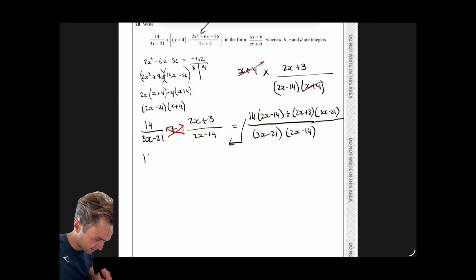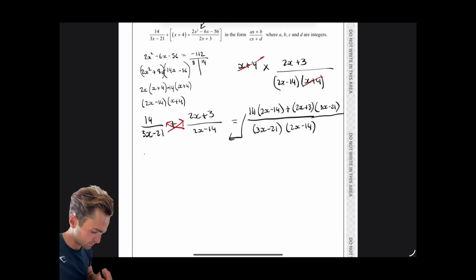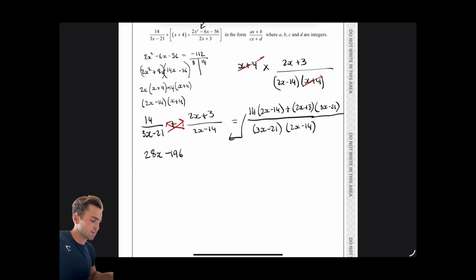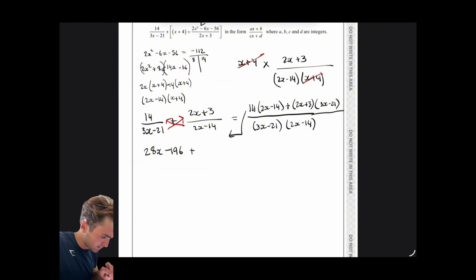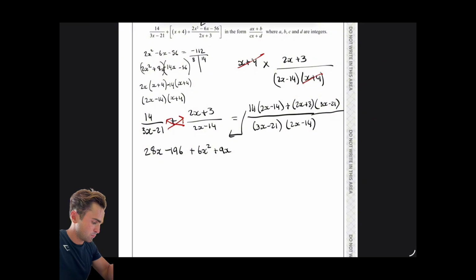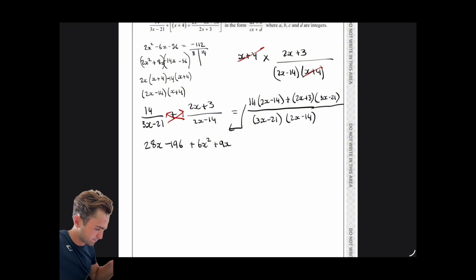So we have 28x minus 196, 14 times minus 14, plus 6x squared, plus 9x, minus 63x, minus 42x, sorry,